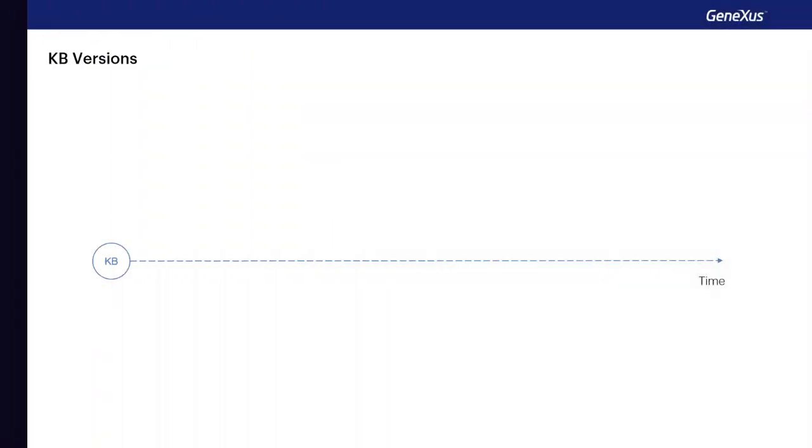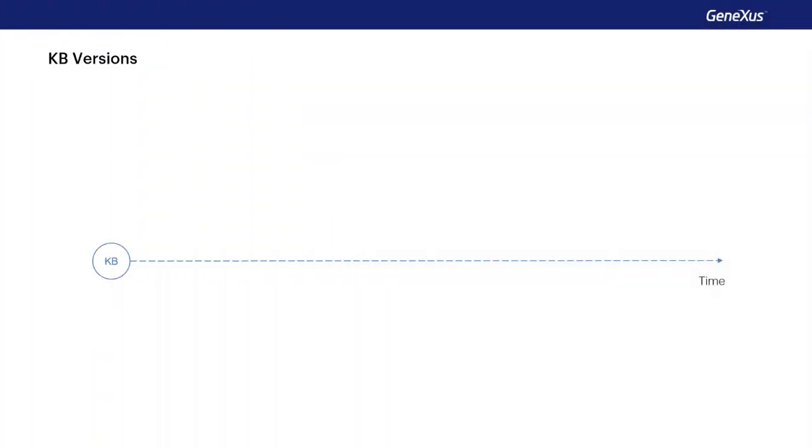As we develop our application, the knowledge base changes with the objects we add, modify, or delete. At given points throughout the development, we will want the possibility to save the KB in the status of that specific point, as if we were taking a photograph, for instance, to release an initial version of our product. Then, we would continue adding functionalities until we are ready to release a newer version, for which purpose we would freeze our development again with no further changes in order to release that version.